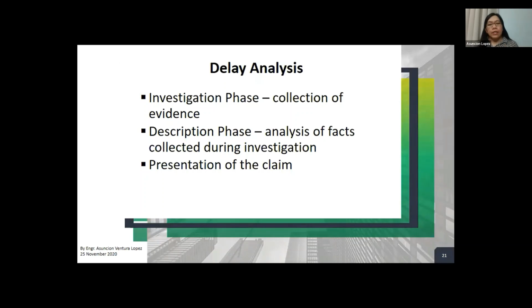Next, delay analysis. Delay analysis is an investigation commonly done by a forensic planner or forensic scheduler. They determine the cause of the project running late and who is responsible for the delay.